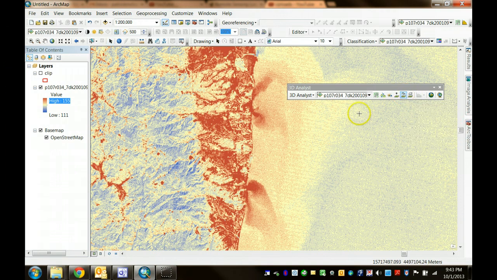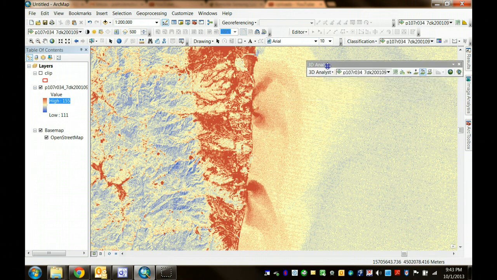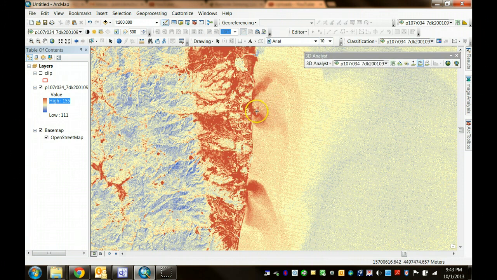So I'm going to interpolate a line. You'll see I'll digitize a line here right out from very near where the plume begins. And I'm going to use a mostly straight line, and I want to get out here, out to where the